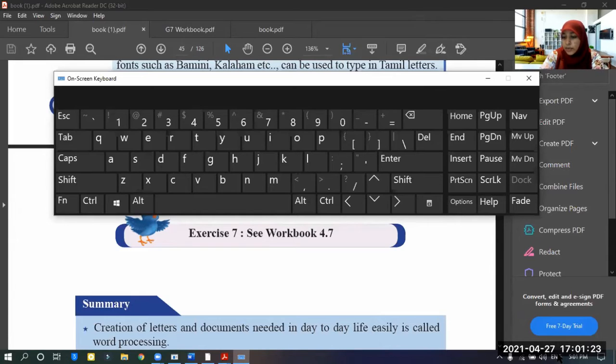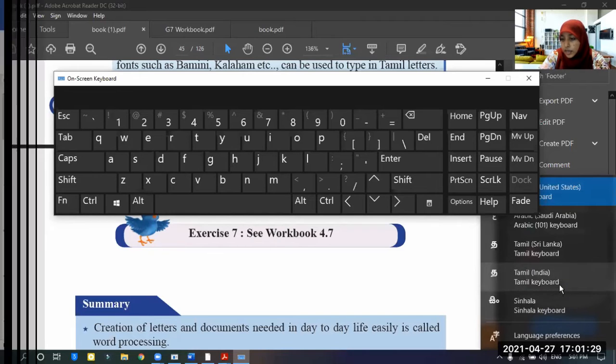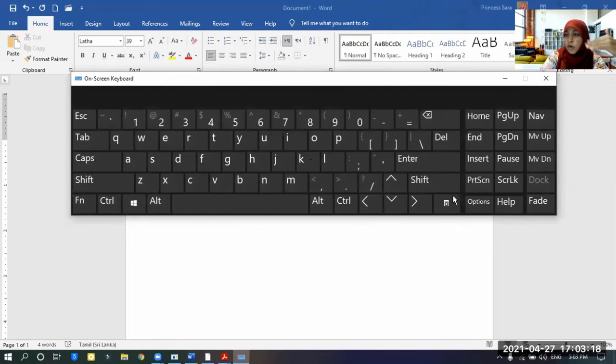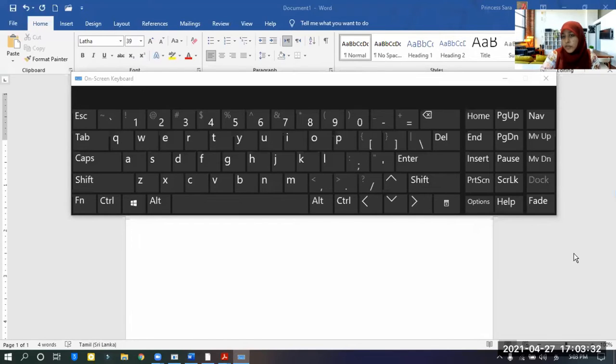If you want to type in Sinhala or Tamil, select Tamil or Sinhala from here. If you want to change the keyboard's language, you should go to the language near the time. You should go to this language and then change it into Tamil.